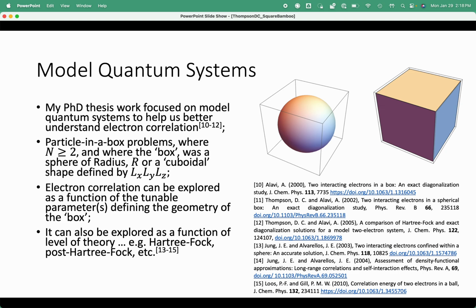Several other researchers have contributed to understanding these and similar systems, and I call those out in the references here, and the defining work is presented in reference 15, which represents a significant contribution to the understanding of electron correlation for a whole range of systems. Indeed, Loos and Gill made several contributions regarding several model systems, which is why I pay close attention to their published work.